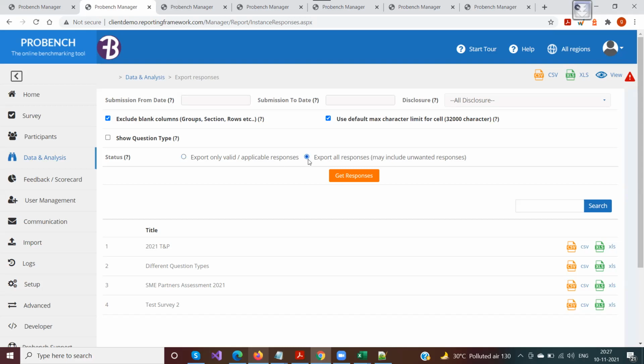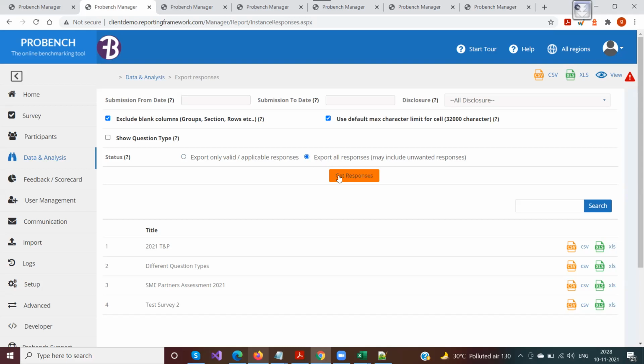It would include all the responses, invalidated or validated, whatever it may be. It would export everything. There are situations in the past where our clients have asked for this, and that's the reason that box is there. It depends whether you want to use it or not. It's completely up to you.